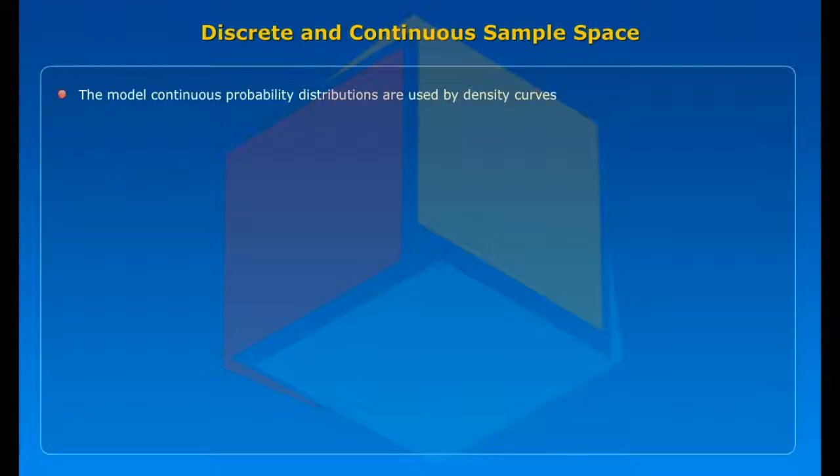The model for continuous probability distributions is the density curve. The imaginable shapes of density curves are